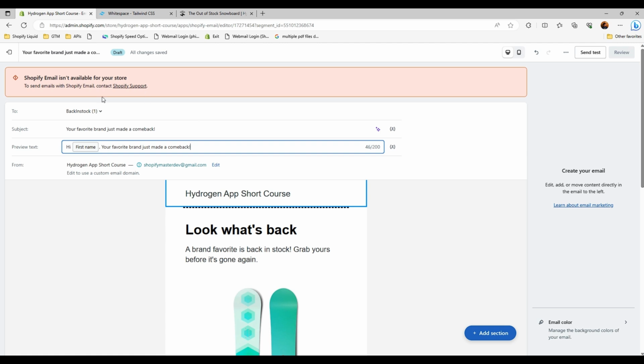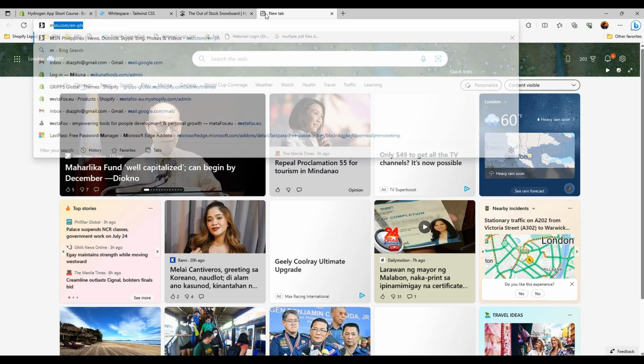And right now, since Shopify email is only available on a subscription plan, and since we are in a development environment, we cannot do that for now. But we can still test it here. You can try to test it right now. If I'm going to check on my email, I'm going to say